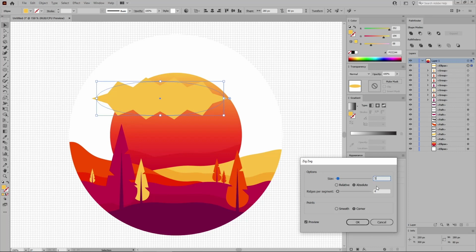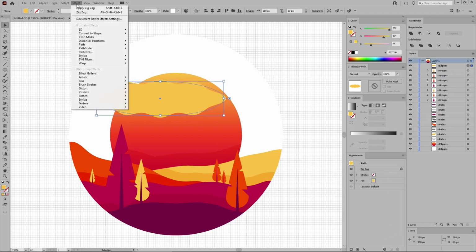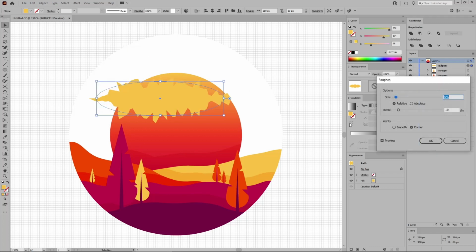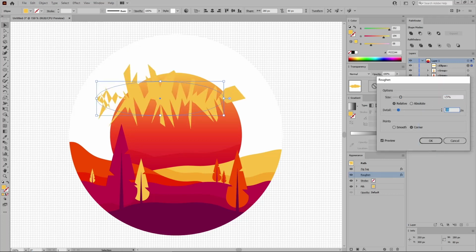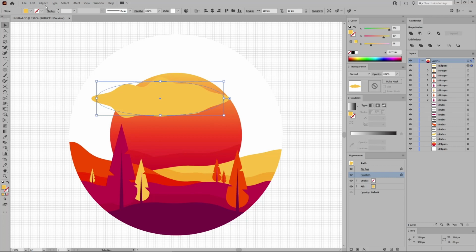Set these two values to 5 and 3, check these two boxes, click OK to apply the effect, and then go to Effect, Distort and Transform, and this time select Roughen. Increase the size to 15%, lower the details to 1, check the absolute and smooth boxes, click OK, expand these